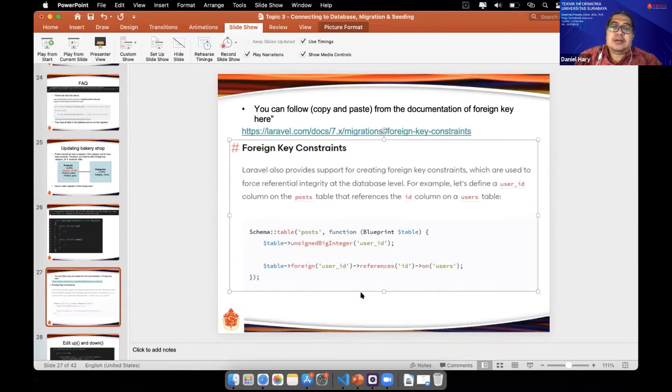Okay, in our case study, the table will be products. We add, I think it is also integer, category ID, integer category ID, and then create the relation: foreign category ID references ID on categories.